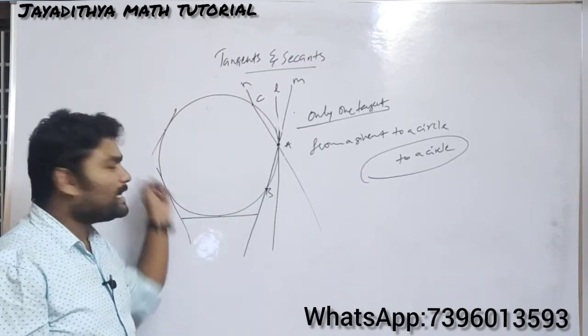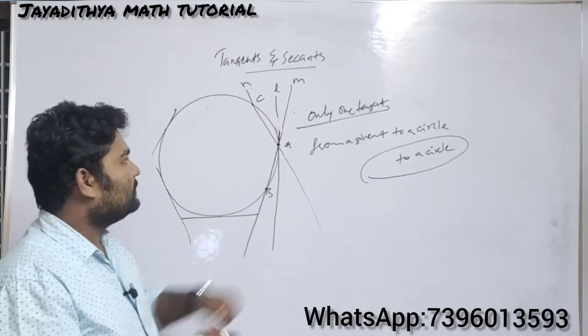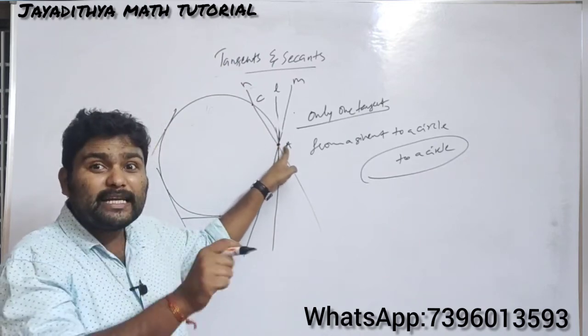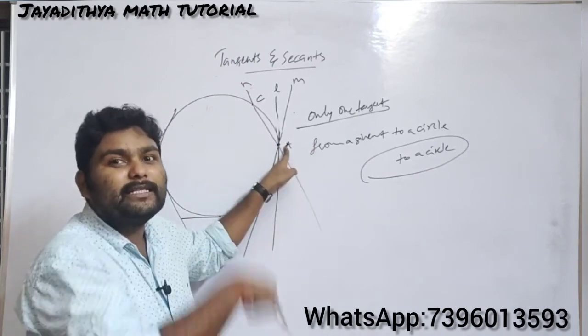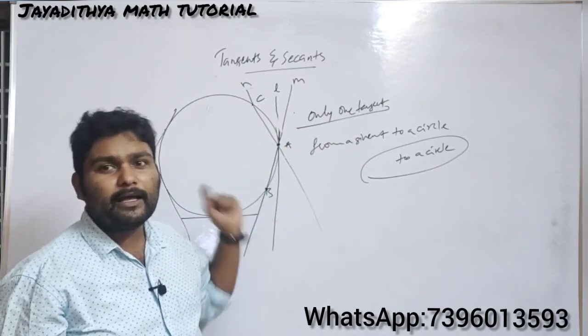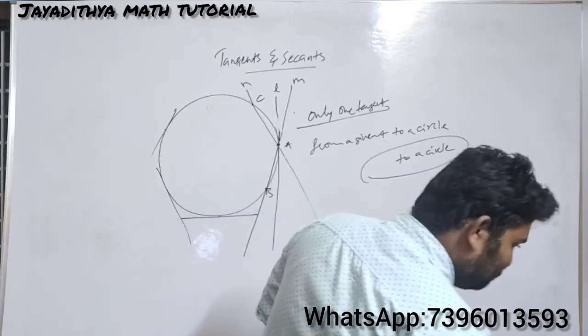On the circle you will have an infinite number of points, so you can draw infinite tangents. But the question is different here. From a given point, he is mentioning a point there. From the given point, how many tangents can be drawn? You can draw only one tangent. Be careful with this question. Many times it came in the examination. This is a very, very important question now. Okay, so this is the case now.